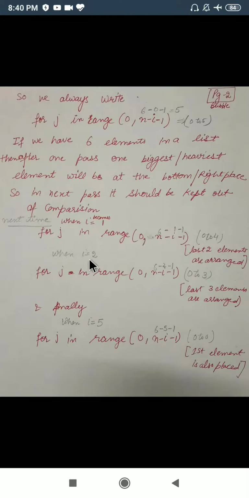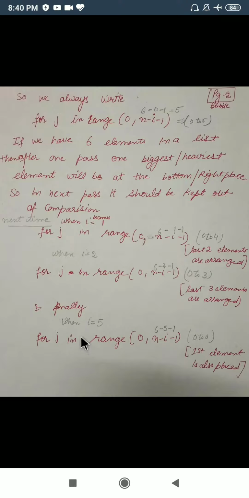Now when i becomes 2, as the loop is incremented, how will j vary? From 0 to n minus i minus 1, where i is 2, so n minus 2 minus 1. Now we will get 3 elements arranged and we will work from 0 to 3.